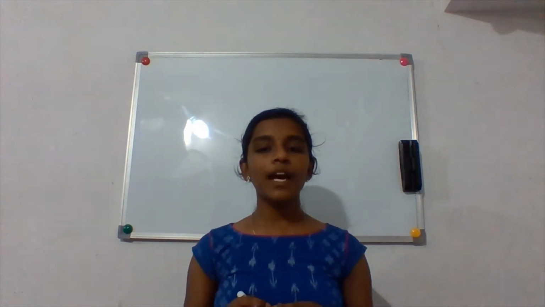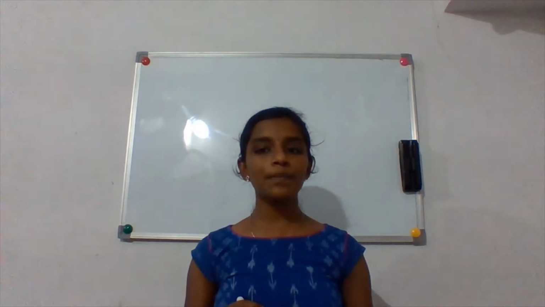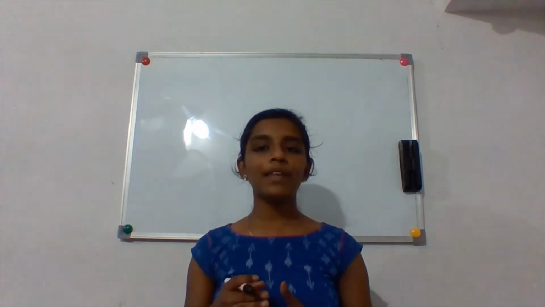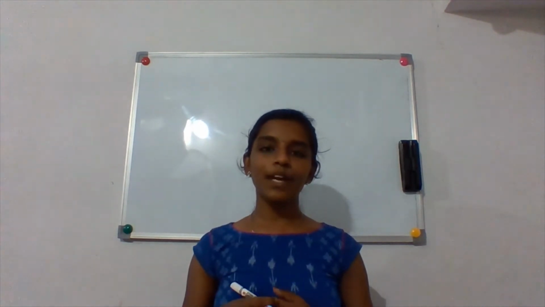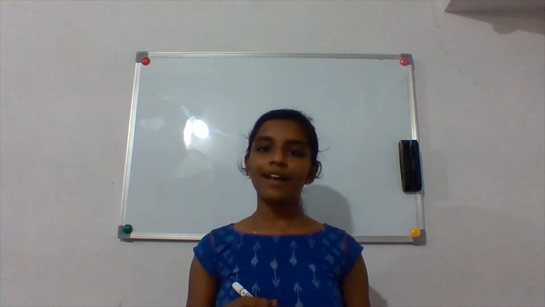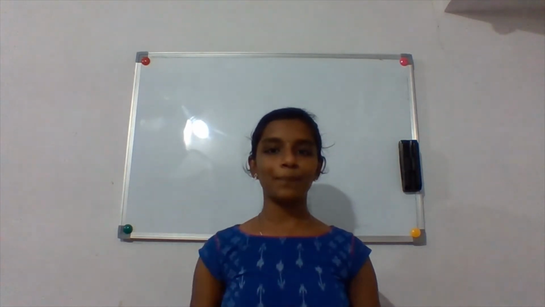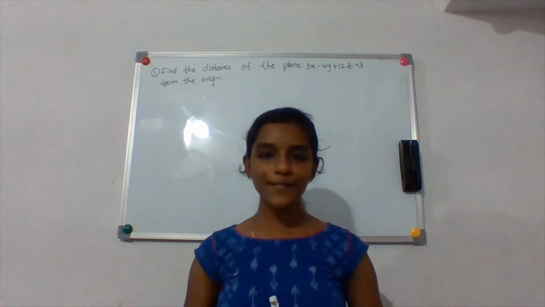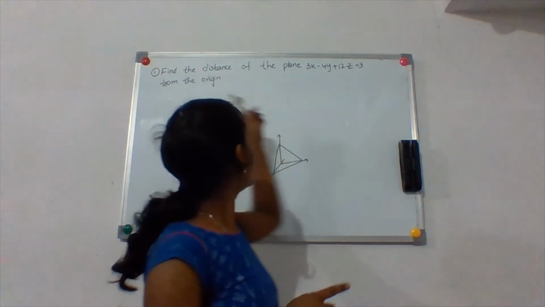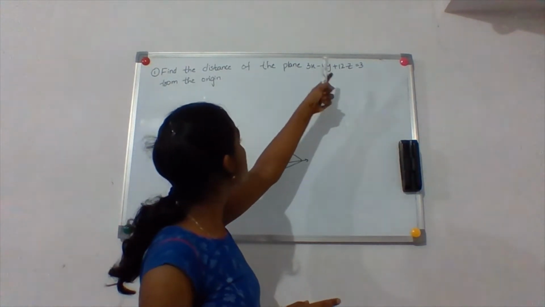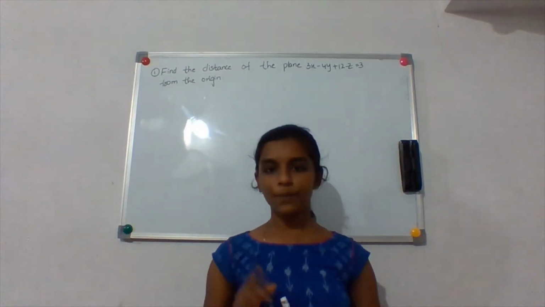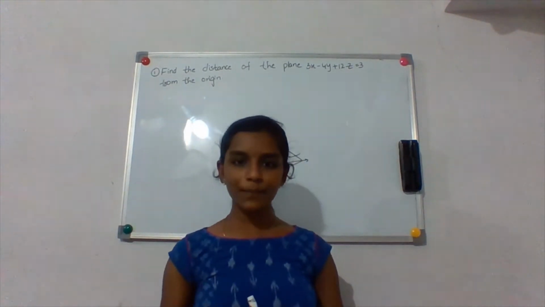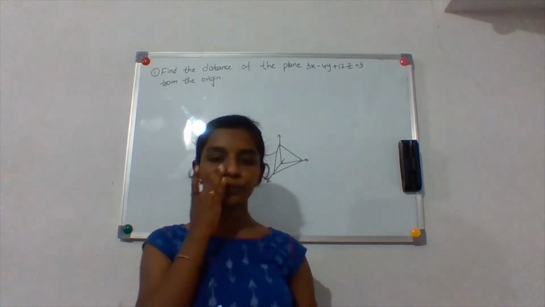If you want, we can also discuss those problems when we speak about IIT and competitive exam problems. But now we are going to discuss the problems from planes. Only from there, your brain must start imagining things. Understand? So we are going to speak from there. Now let's look into the first problem. The first problem is this: find the distance of the plane 3x minus 4y plus 12z equals 3 from the horizon. This is a very basic problem in planes.